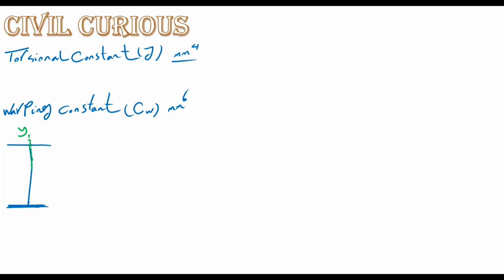And the dimension of section is d, the height of the section, and we have here Cw is equal to moment of inertia about y-axis times the height of the section to the power of 2 divided by 4,